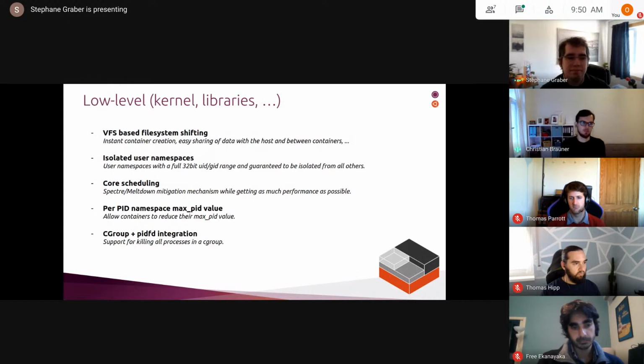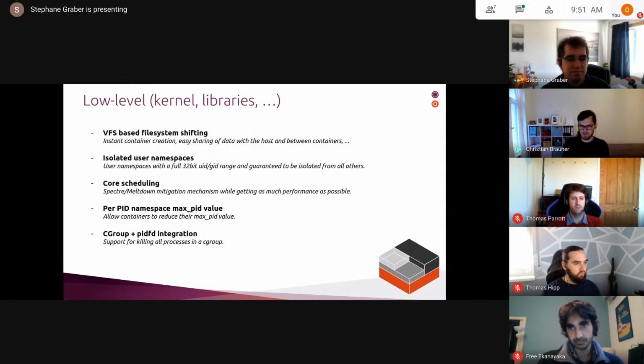Now you can already see a problem. If you, for example, want to share a directory with your container or a file system mount with your container that has been mounted on the host, usually the files on such file systems or in such directories will be owned by a standard user like 0 or 1000, and it falls into the range of 0 to 5,000 or 60,000 or whatever, like a normal directory would look on the host. So when you mount this into the container and the container has one of those ID mappings set up, then you cannot write or interact with this file system that you're exposing to the container at all.